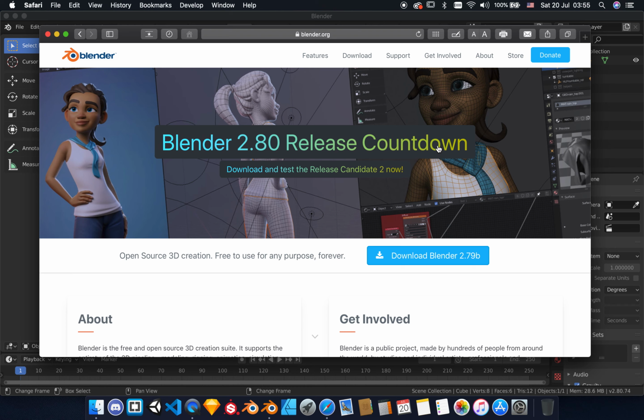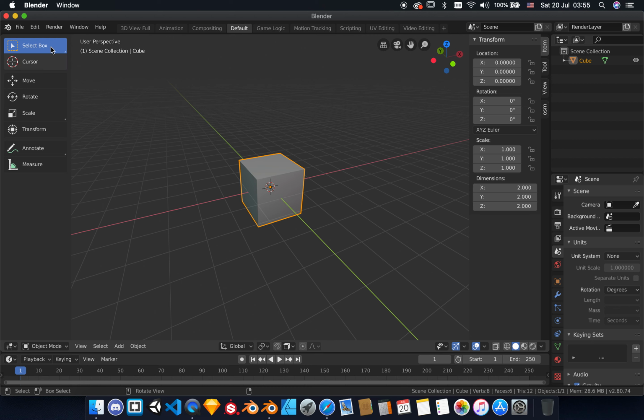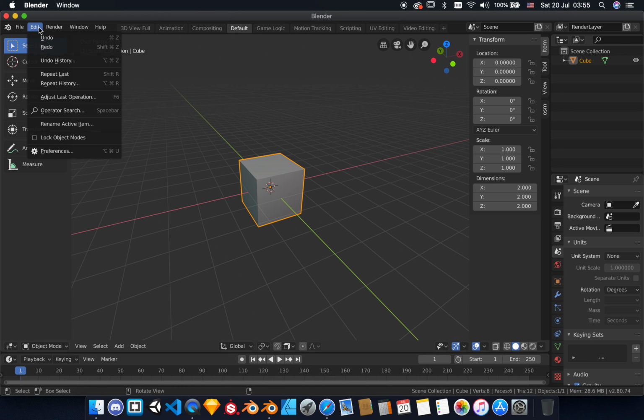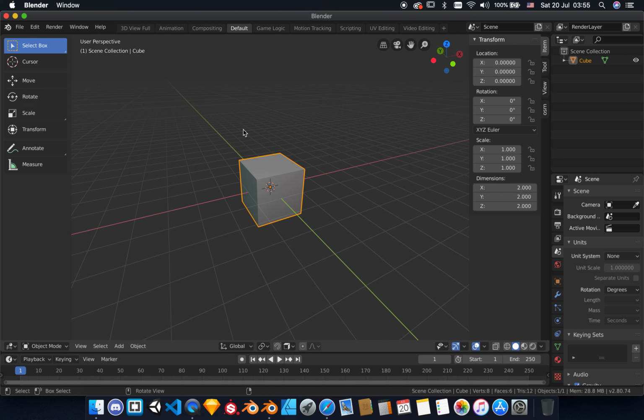and the version I'm using right now is the second release before the final release. I think it's the 2.8 release candidate number 2, and actually I'm not going to use the new controls they are using in Blender 2.8. I'm going to use the old controls that belong to the 2.7, and of course with some changes on that,